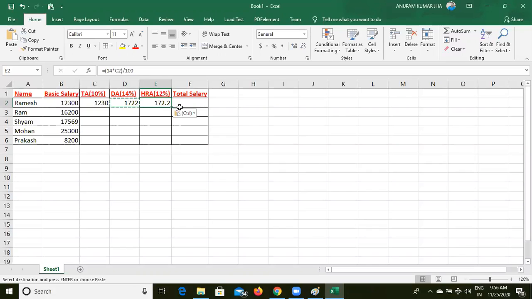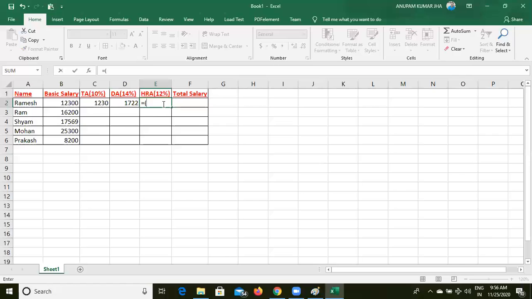So here we have to write, for finding HRA, equals to, start bracket, 12%, 12 multiply with B2 basic salary, close this one, divide by 100, press enter. See, this is the HRA.